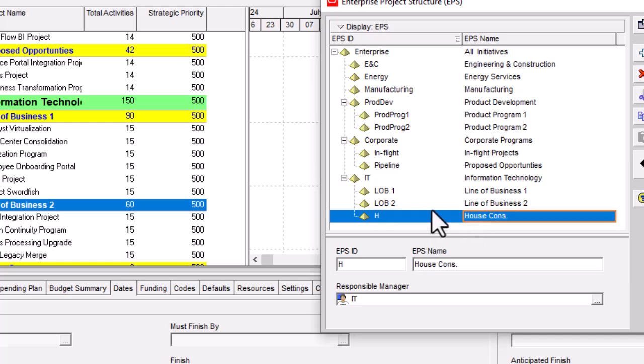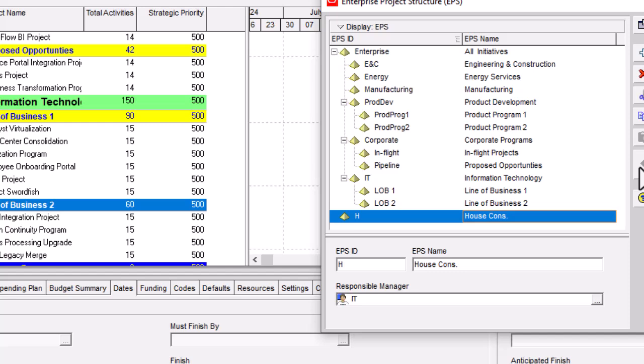Now you see that we have the EPS under the main enterprise, but we want to create a separate EPS for our own projects. These projects are not related to this EPS. So what we will do is use the indentation. Here you have four arrows: shift up, shift down, shift right and shift left. If I click on shift left, and one more time click on it,